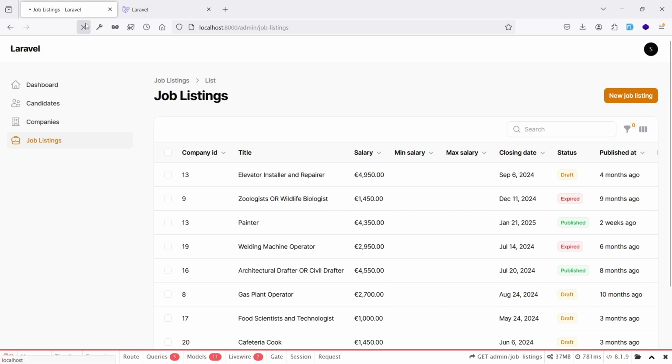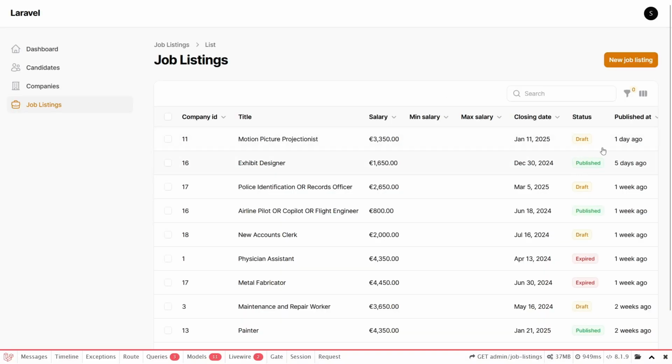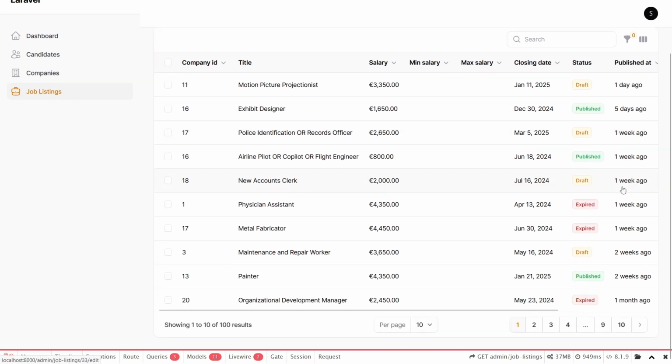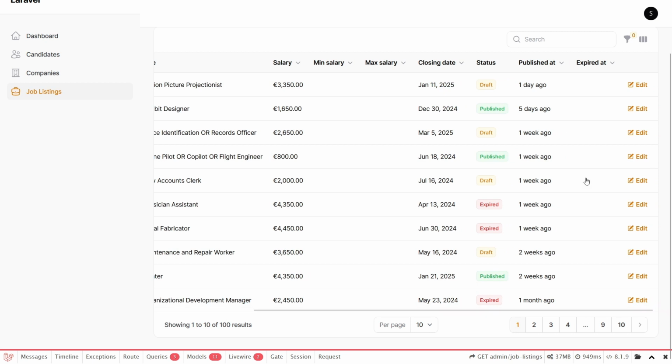And now if we refresh, there we go. We get the most recently published. Well, technically, our fake data doesn't make sense if this is a draft that has been published. But anyway,